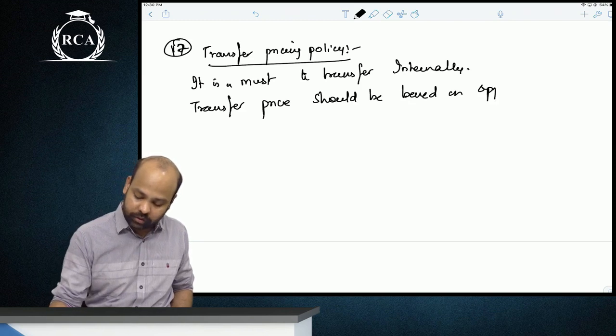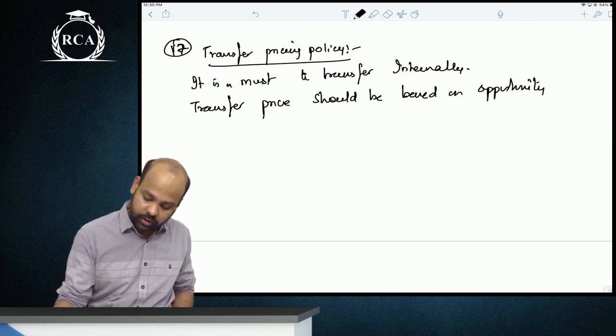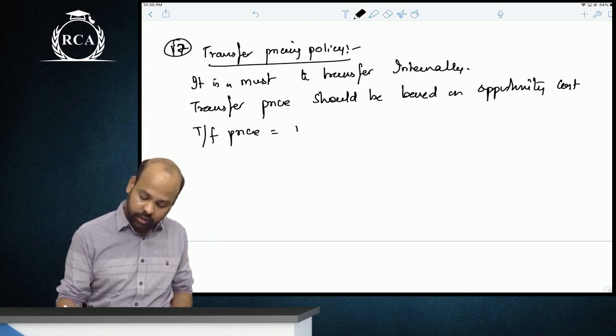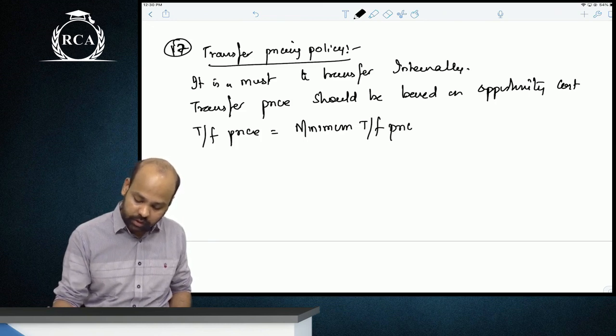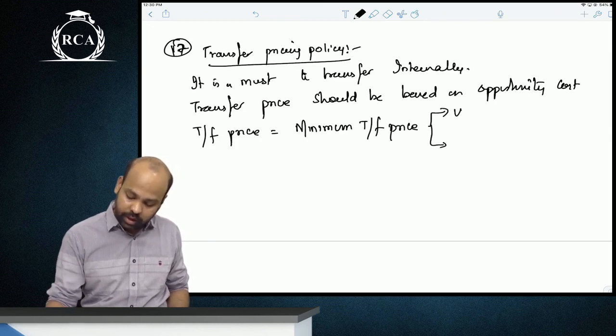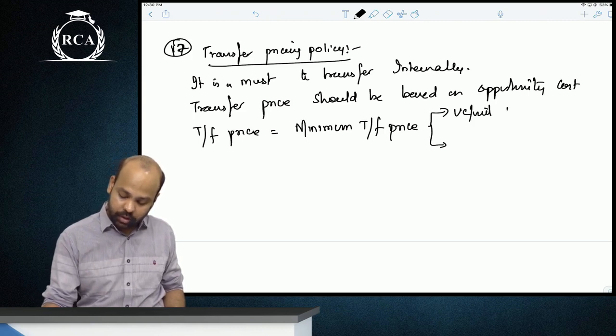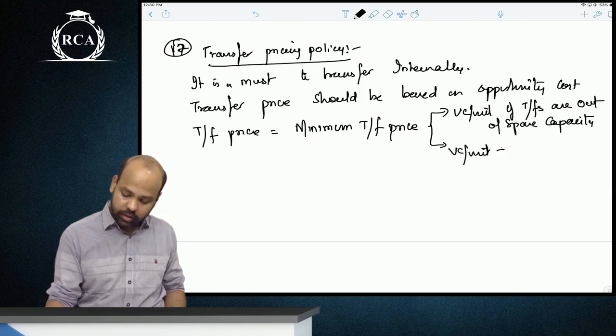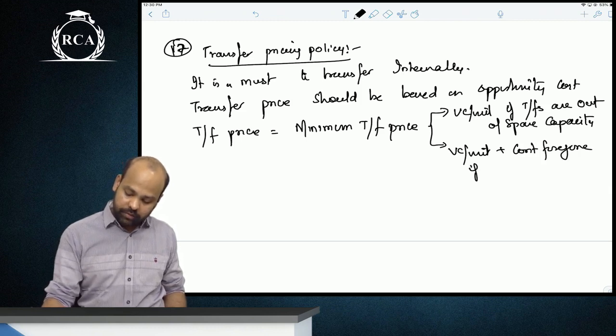When they say it should be based on opportunity cost, transfer price will be equal to minimum transfer price. So it would be variable cost per unit if transfers are out of spare capacity, and it will be equal to variable cost per unit plus contribution foregone, opportunity cost, if